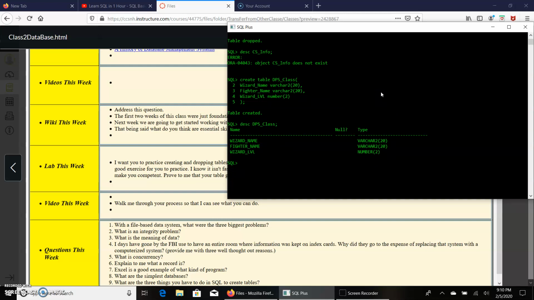Let's say we wanted to get rid of the table or drop the table. If I can spell. Accidentally hit a different key. Drop table. Yes. Class. This will be done. Table drop. So when we go to look it up,